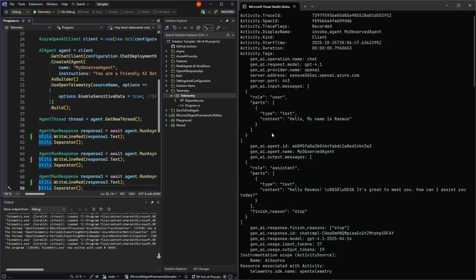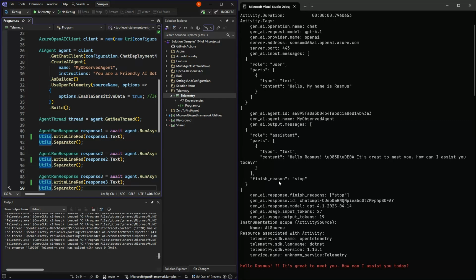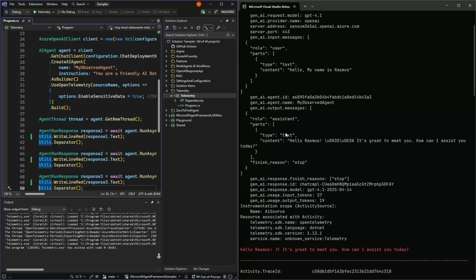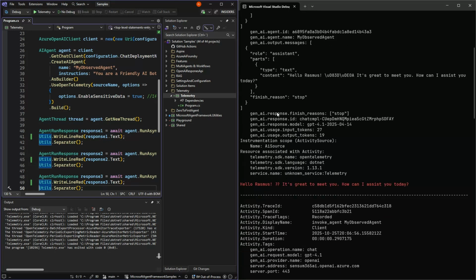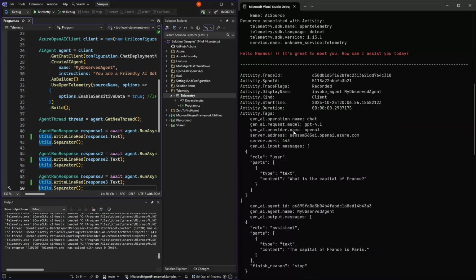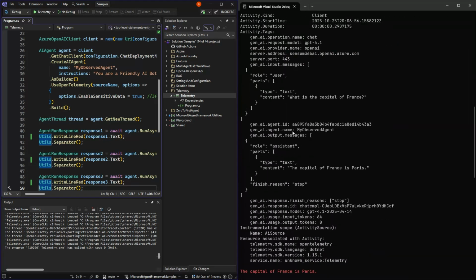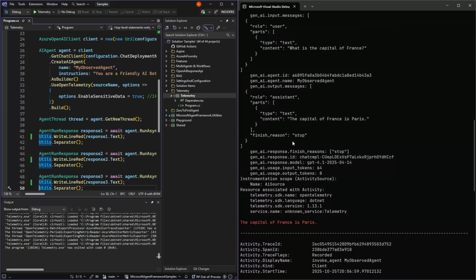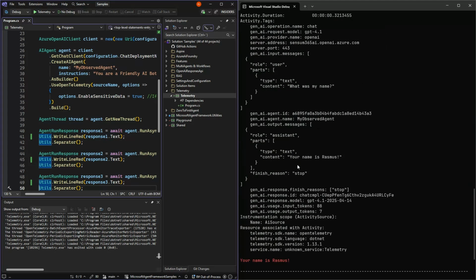And in my case, the input message came in and the output message came out as well. We had the agent and an ID for the agent. And then a little more down here with some of the same data, essentially the same with some different input and output.